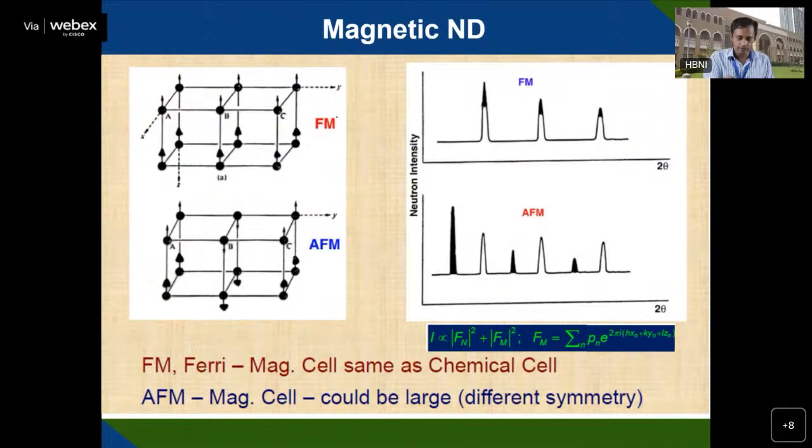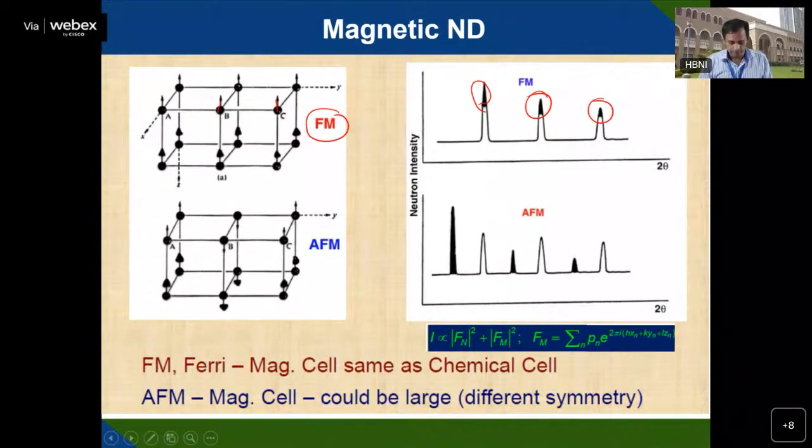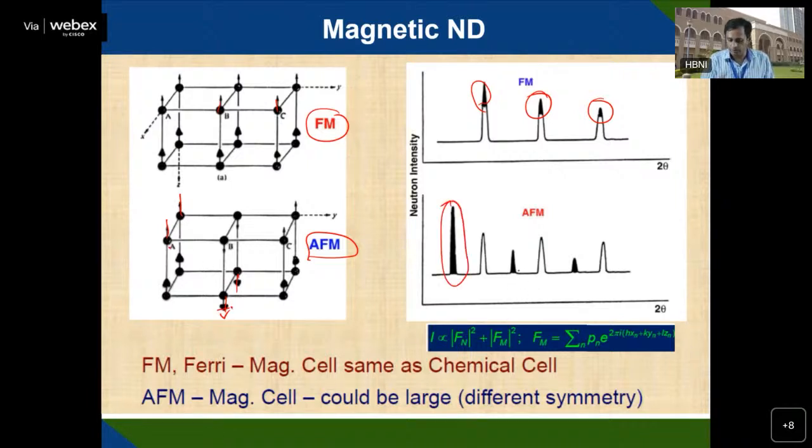You can see here, this is a ferromagnetic interaction, so all spins are in the up direction. In that case, you get some additional enhancement in the intensity in neutron diffraction. But if you go to antiferromagnetic, some spins are up and some are down. Then you have antiferromagnetic coupling, this A and B. So what will happen is that because of the antiferromagnetic ordering, you will be able to get some additional peaks